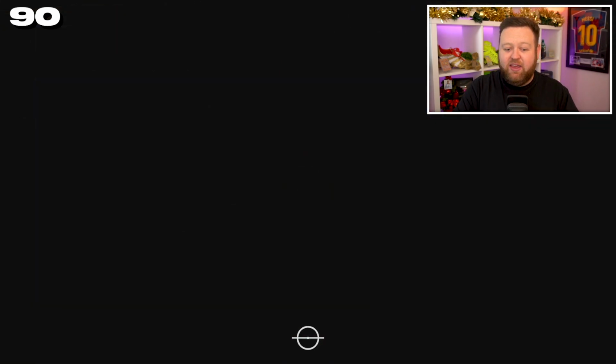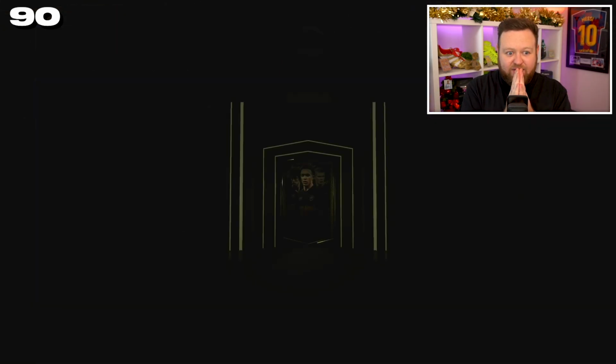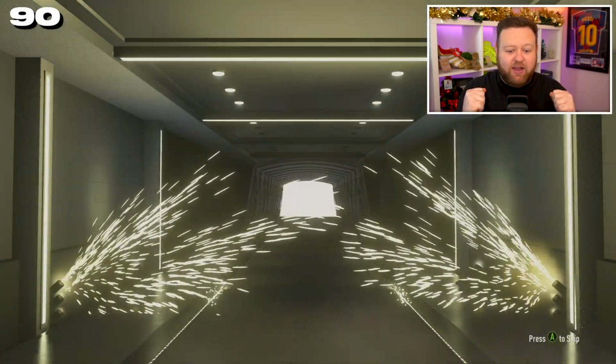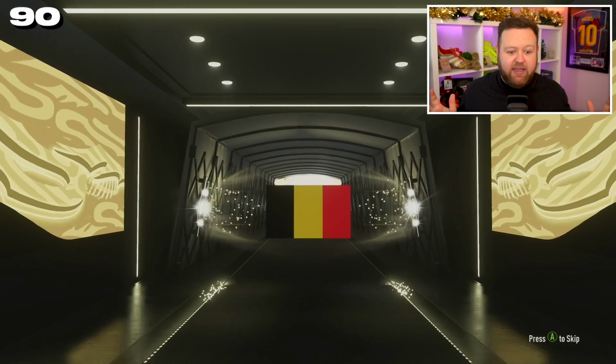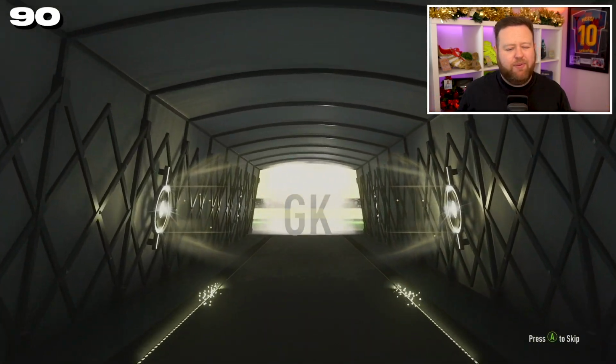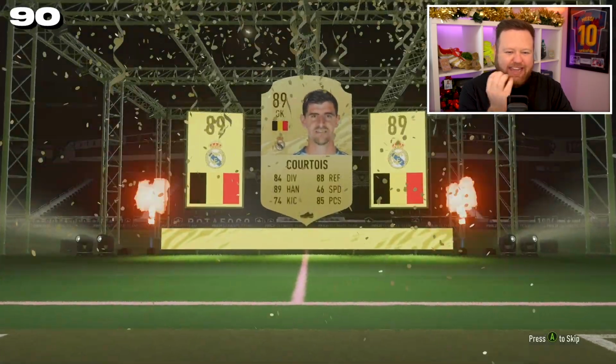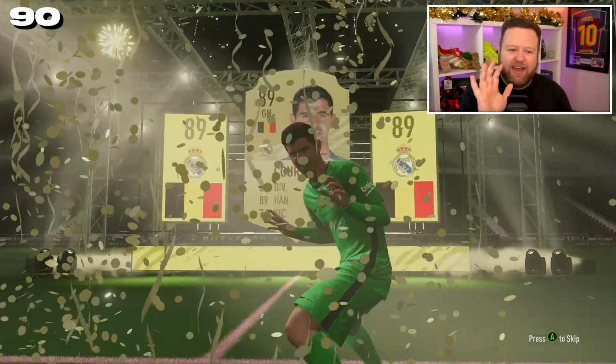Let's go for this, shall we? Give me a walkout at the very least, please. Yes, right, what are we getting? We are getting a regular walkout. We're getting Belgium, goalkeeper. Oh, wait, that's not amazing, is it? What rating is Courtois? 89. That automatically, right, that rules out